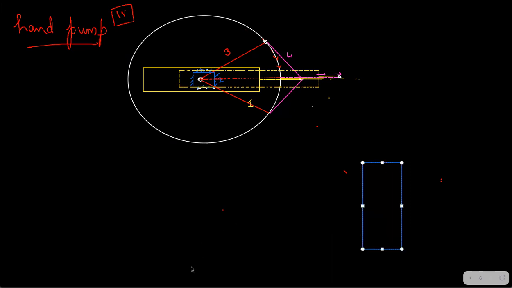Yes, in the second link, what I have done is a small change. Instead of piston, I have made it a cylinder. See, in the end, kinematically it should be equal. That's it. Okay. Now what I'm going to do, I'm going to fix it. See, 2 is fixed and I'm going to fix this. I'm going to fix it.